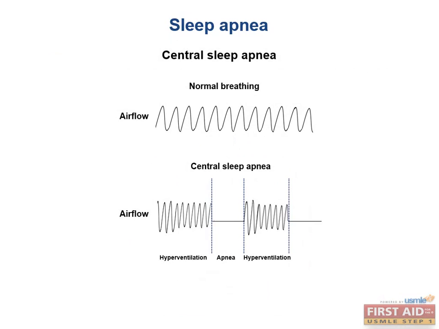Central sleep apnea is less common and involves the absence of respiratory effort due to a failure of stimuli from brainstem command centers. You can see in this chart the lack of inspiratory effort during the apneic event. In other words, this is a neural issue and not a mechanical obstructive issue. What causes central sleep apnea? Well, things to keep in mind include narcotics, heart failure, renal failure, or a recent ascent to high altitudes.